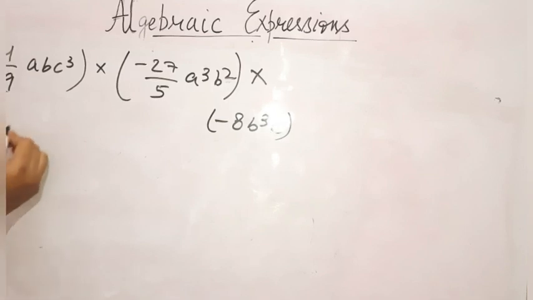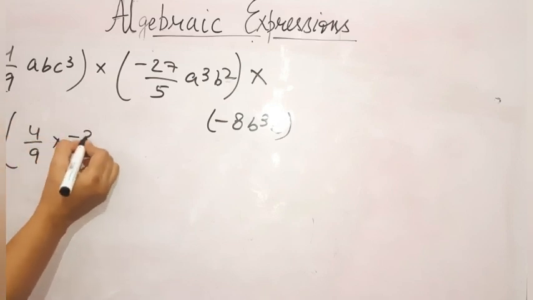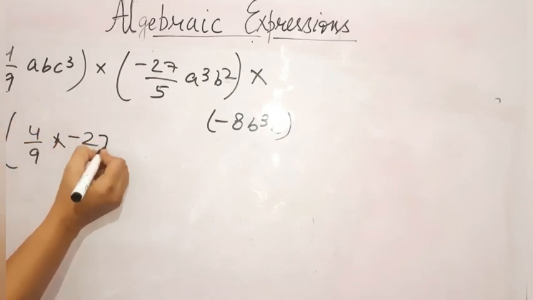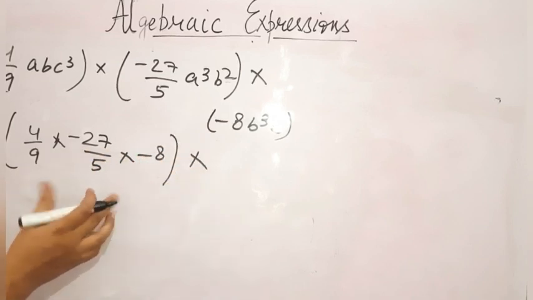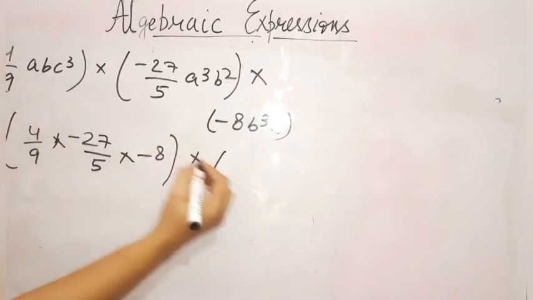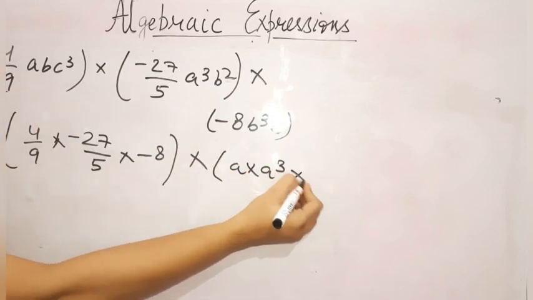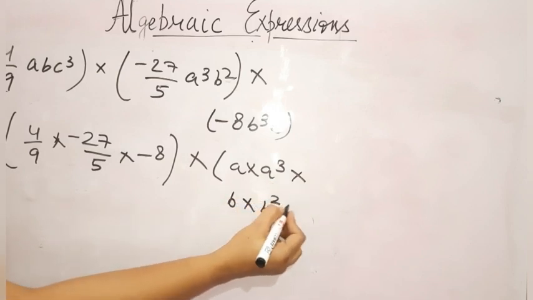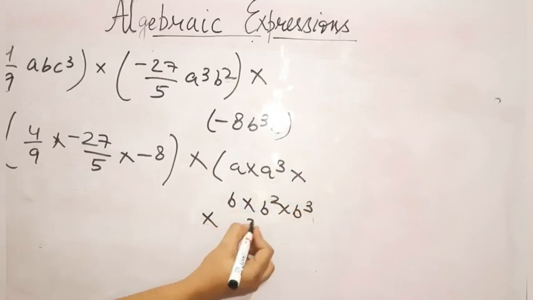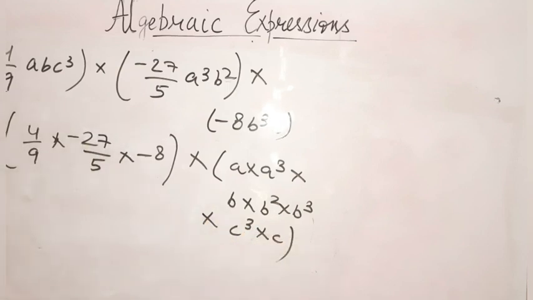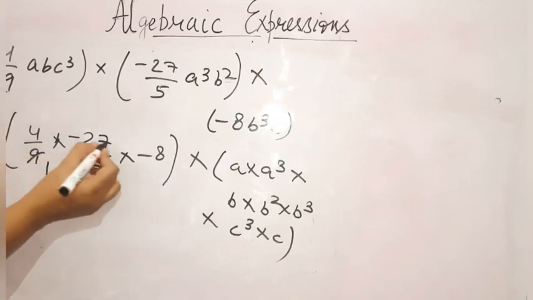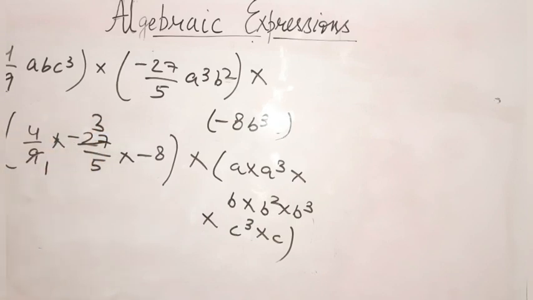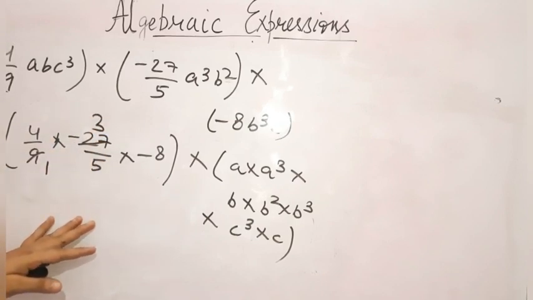Now the first step is to multiply all the coefficients of the three algebraic expressions. So I am multiplying the coefficients and I have to check that anything can be reduced from here or not. But before doing that, multiply all the literal factors. A multiplied by A cube, B multiplied by B square multiplied by B cube, C cube multiplied by C. So I have multiplied all the literal factors together. Now we have to reduce if it can be reduced. So 9 ones are 9, 9 threes are 27. Now can we reduce it further? Now nothing can be reduced from here.